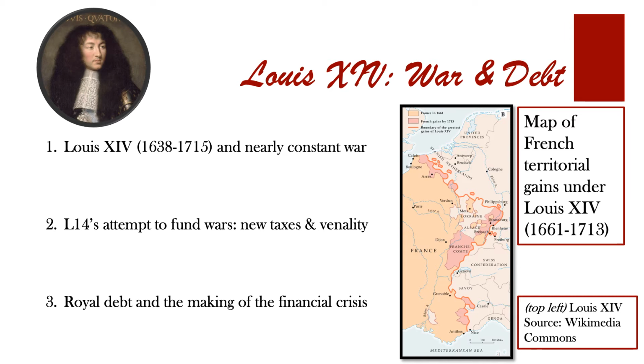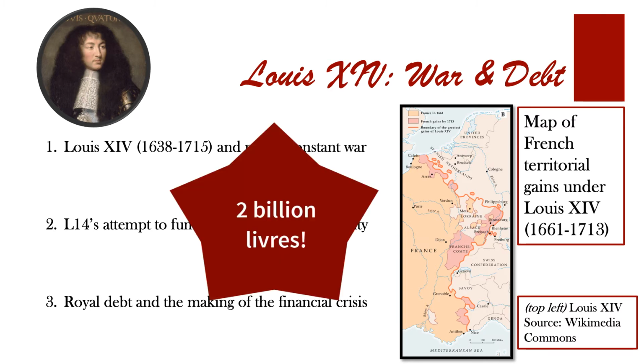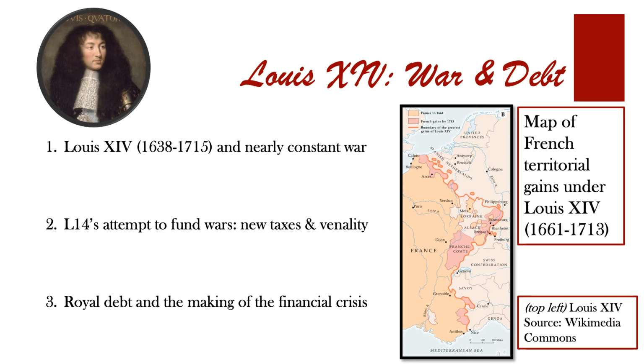And second, as Card Shark Watkins explained, the wave of venality meant that the monarchy got short-term gain, but long-term pain. Despite the monarchy's efforts, by the end of Louis XIV's reign, the royal debt was at 2 billion livres. To put this into context, the average farmer in France made an annual income of around 80 livres. Louis XIV created an enormous financial problem for France.